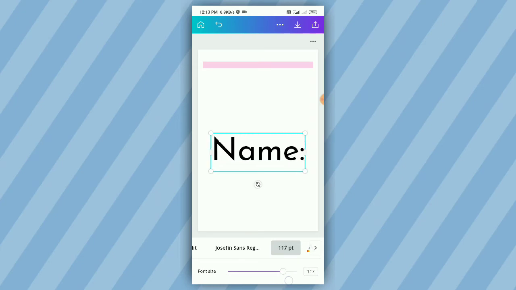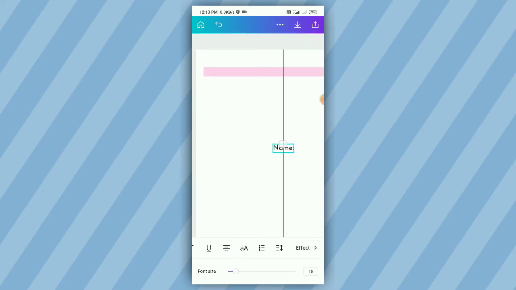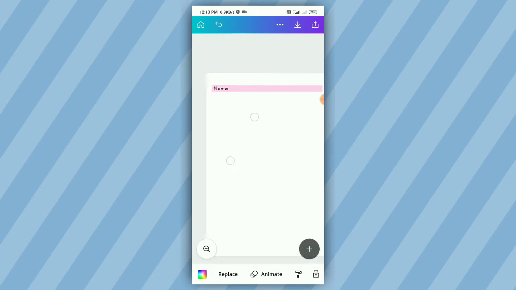Let's look at this. And you can use this option to adjust the size of the text. Use the color option to change the color you want. Now I don't change the colors and sizes. I just adjust the size of the text and move it to the place on the rectangular element. A lot of customization options are here. Try it. I placed the text on the left side of the name bar. Just wait. Yeah, it's done.